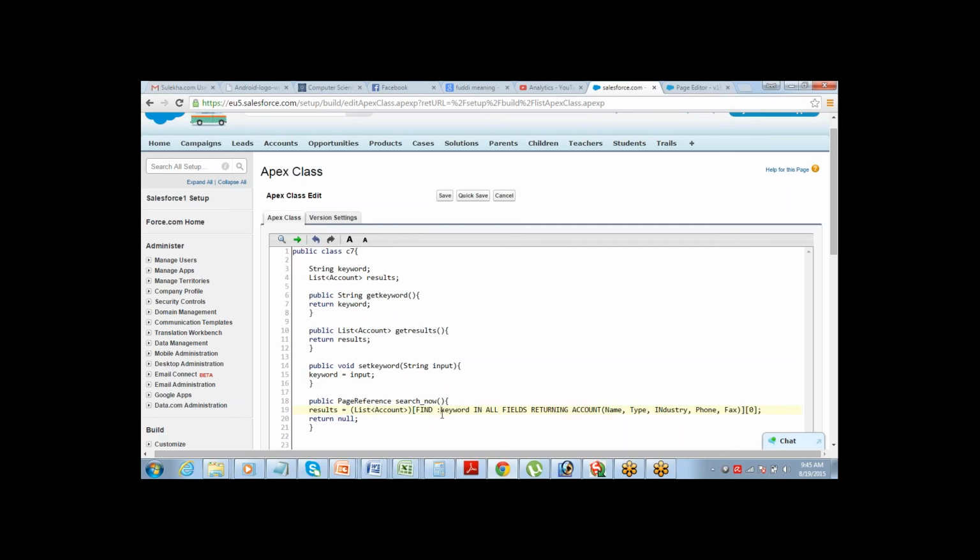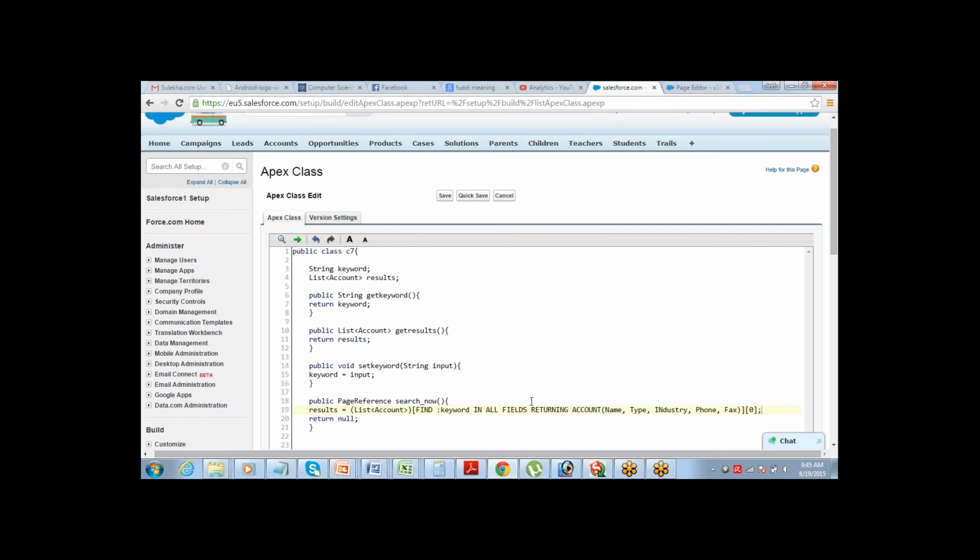Why is a zero mentioned there, Jeet? What is this zero? While you write SOSL queries, you have that option of indexing the SOSL queries. The first query which needs to be executed should be written as 0. The next one, if you write another query here, for that you should give index number 1. So you need to instruct which one needs to be returned first. If you have multiple queries, then 1, 2 will be required.